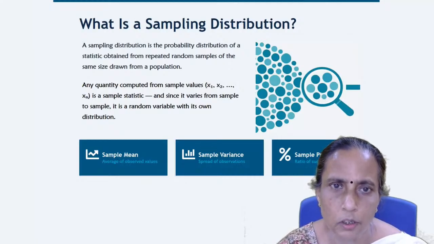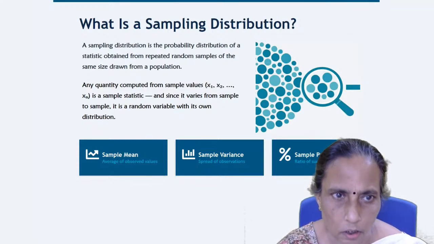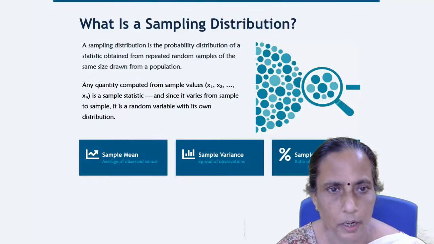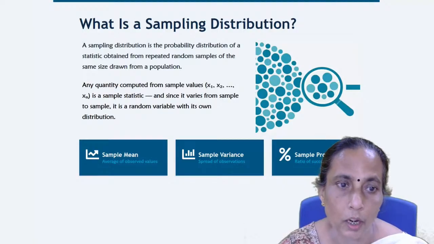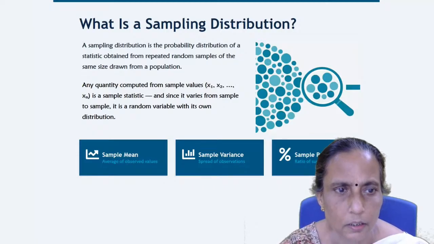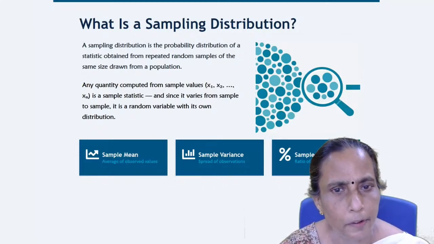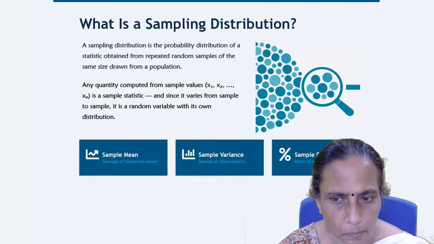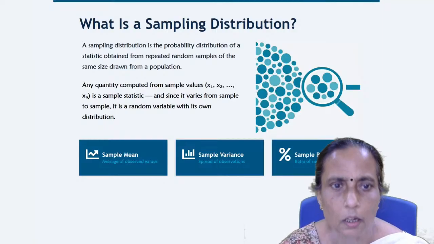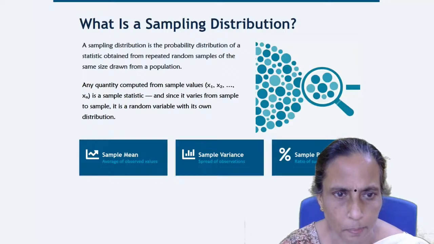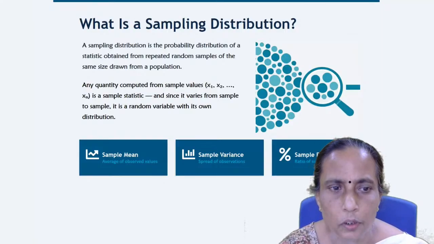So any quantity computed from sample values like x1, x2 and xn, maybe a sample mean, a sample variance, or a sample proportion, each one is a sample statistic. And since it varies from sample to sample,